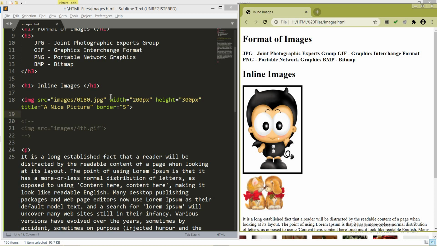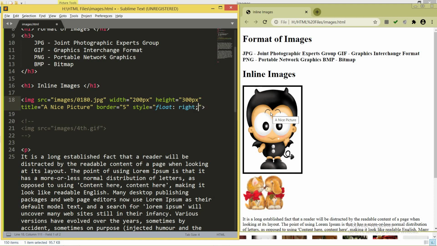See, within the image, just apply a CSS property by using the style attribute. And you all know what style does. Style means you are implementing the property of CSS, and that type of implementation is inline CSS. Here I want the property that is float. Float can be used for alignment purposes, to place the image to the left direction or to the right direction.